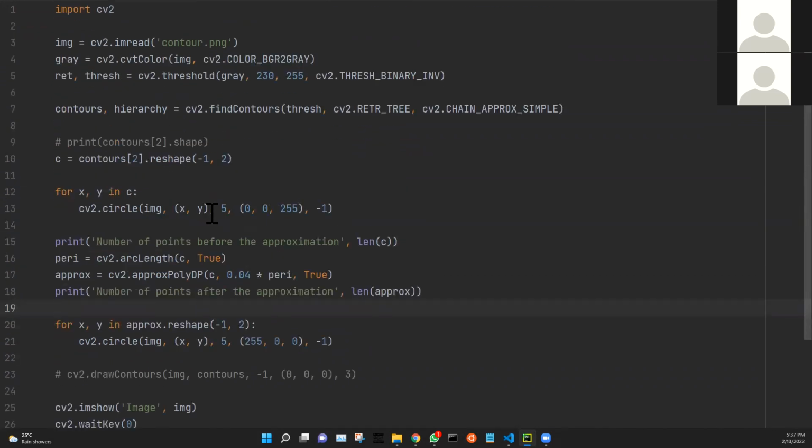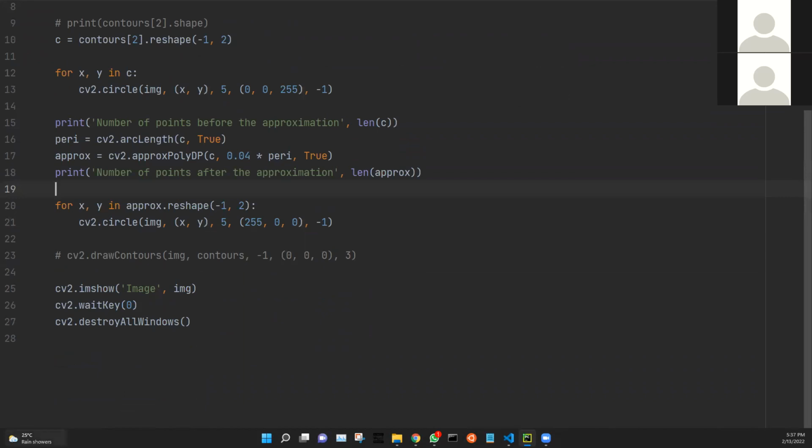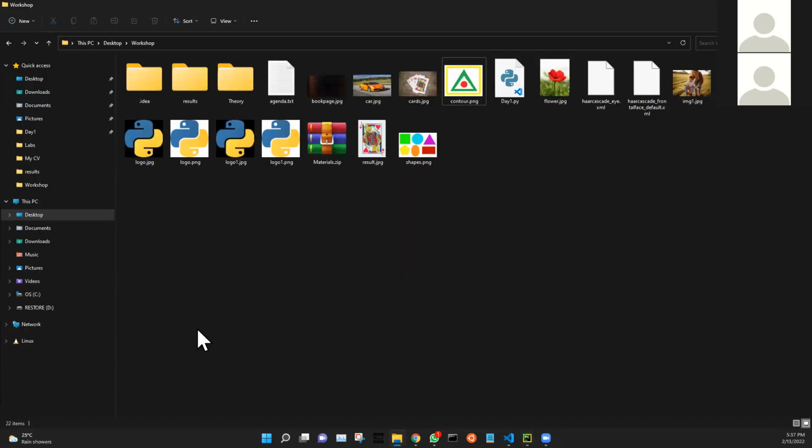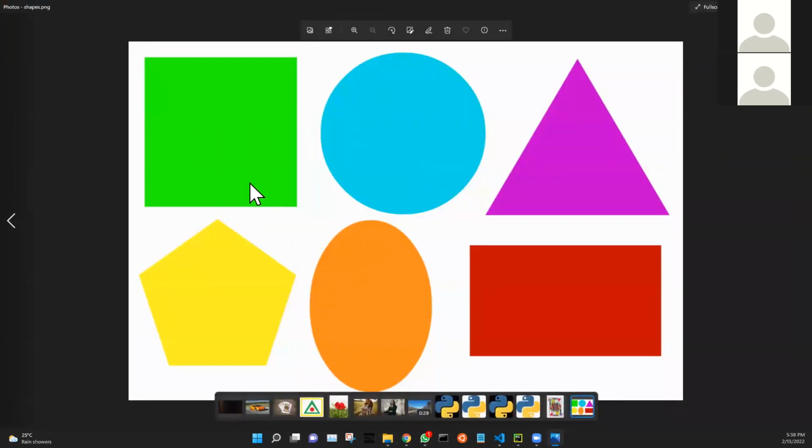Okay, so that's about this. Let's jump into shape detection, right? For shape detection, I have a file called shapes.png. It has a bunch of shapes: square, circle, triangle, rectangle, oval, and a pentagon, right? So let's detect these shapes one by one. To do that,